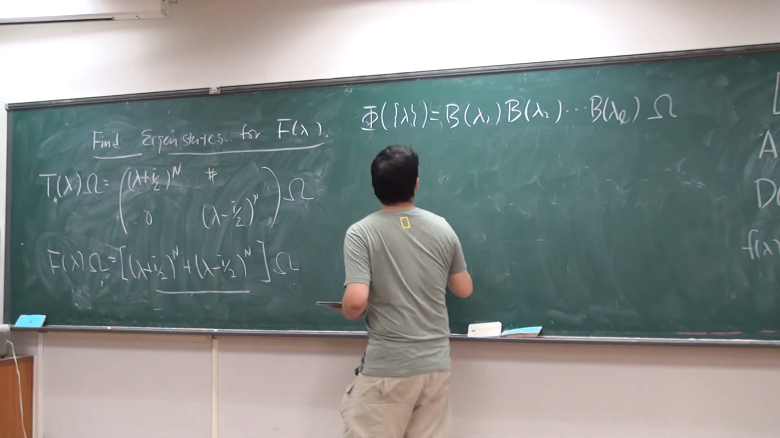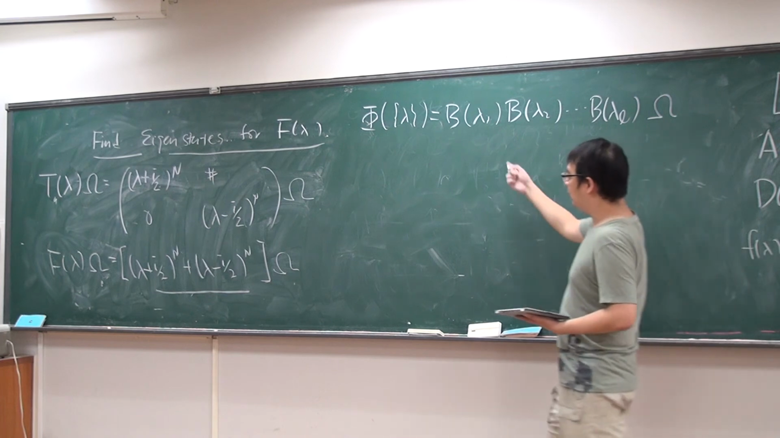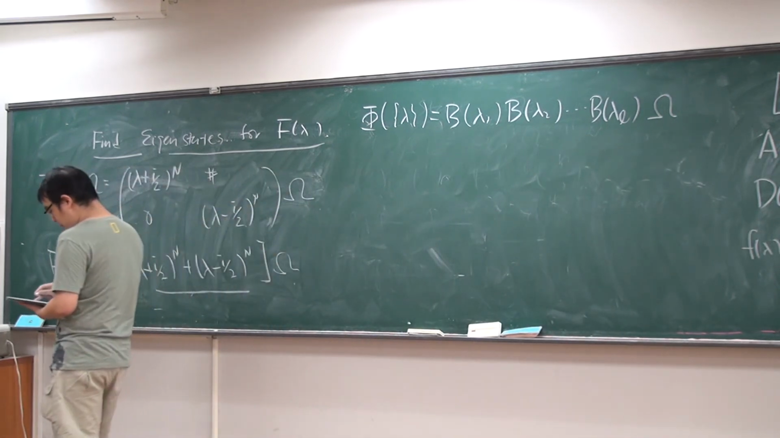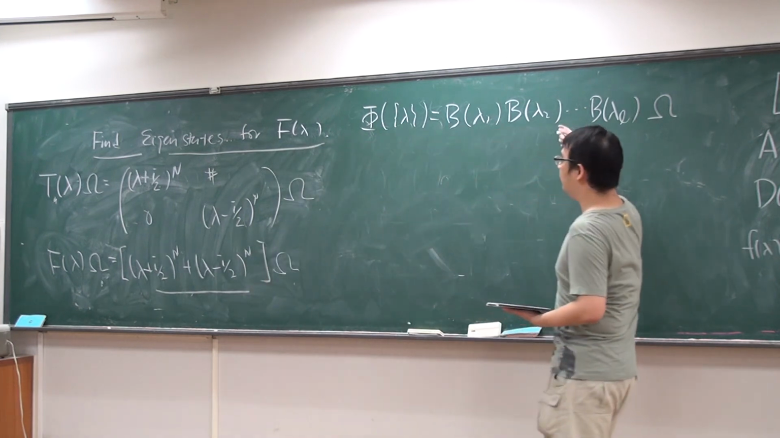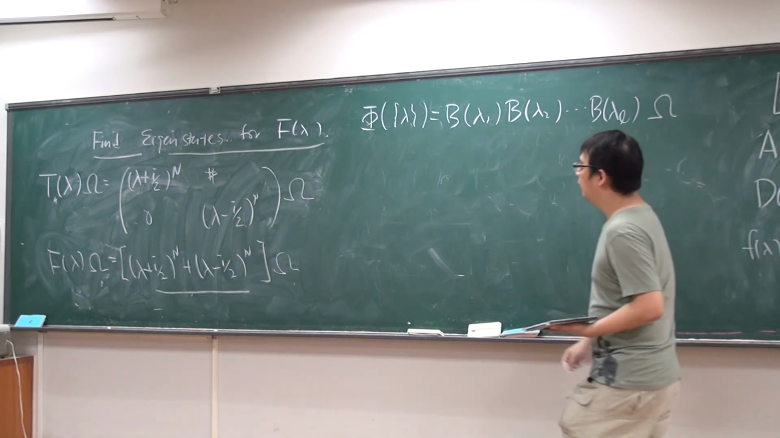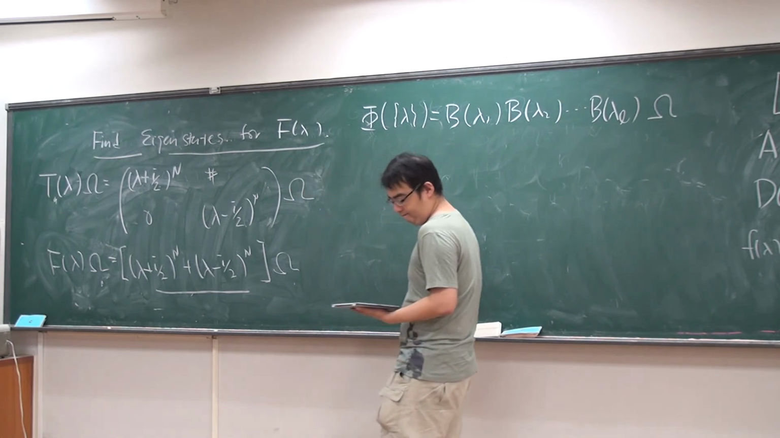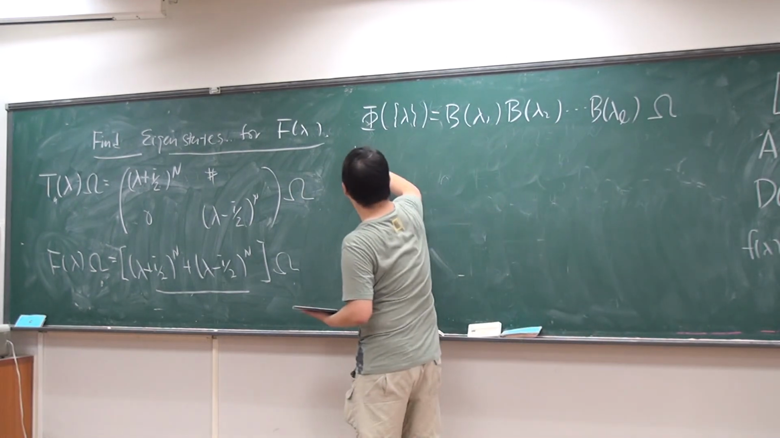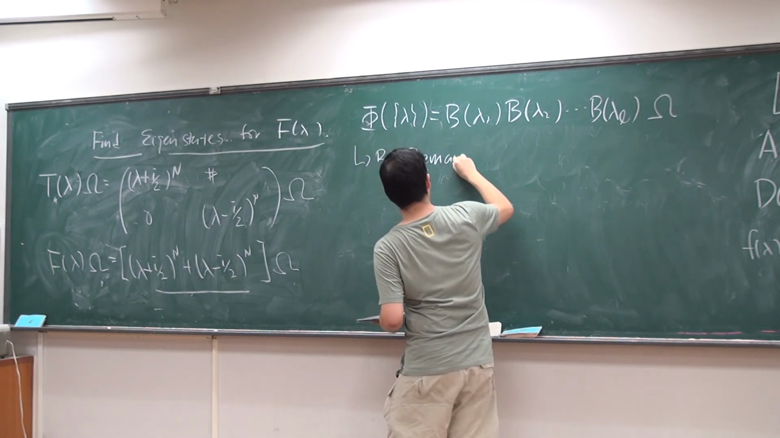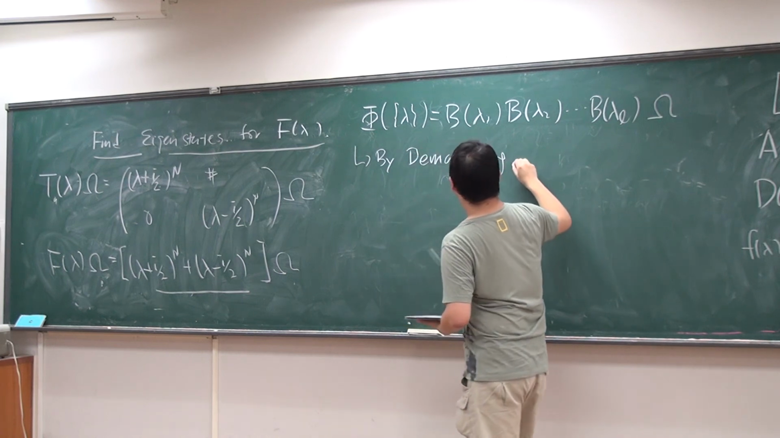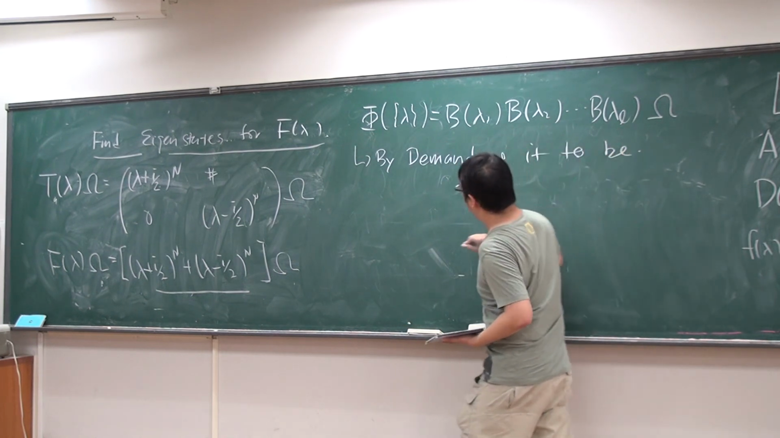Okay, so basically we make some guess for the eigenstates. We are proposing this guy is going to be an eigenstate of the Hamiltonian. So we demand, by demanding it to be the